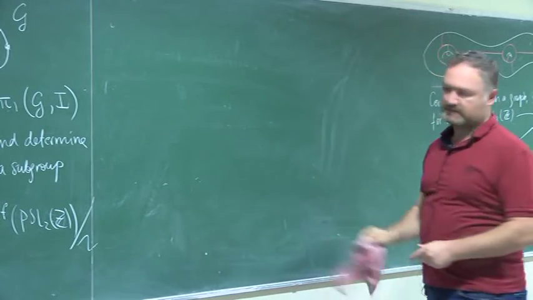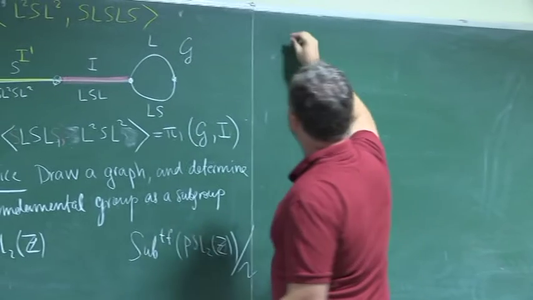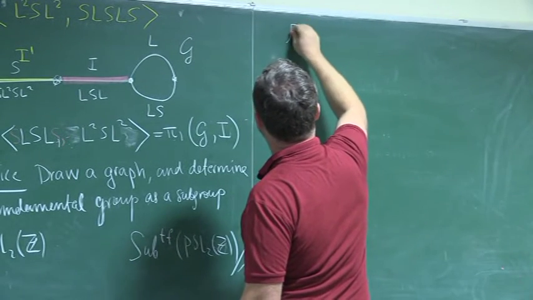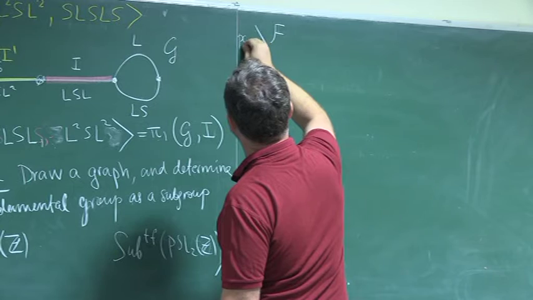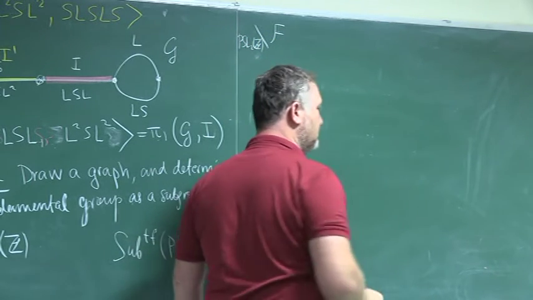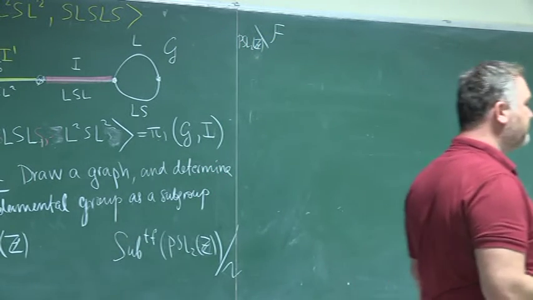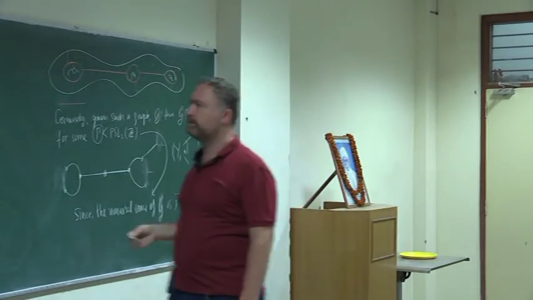And the trouble is this. If I quotient F, well, what is the simplest torsion-free subgroup of PSL2Z? It is PSL2Z itself. Of course, the trivial subgroup perhaps can be considered as torsion-free also, but, well, anyway, the second simplest is